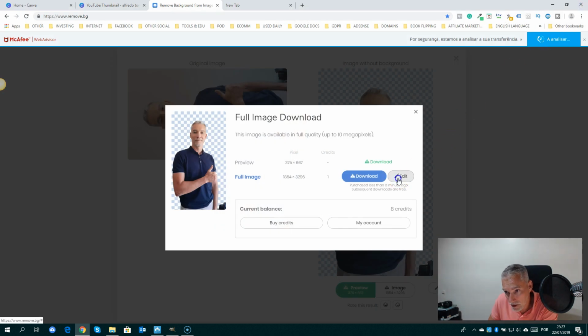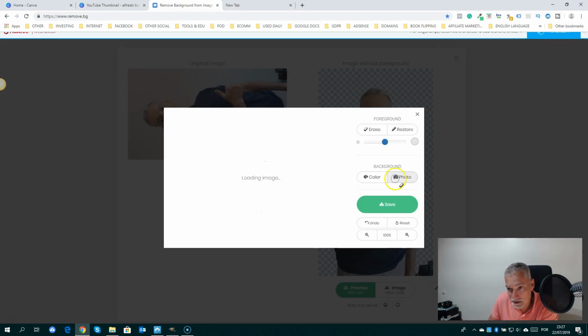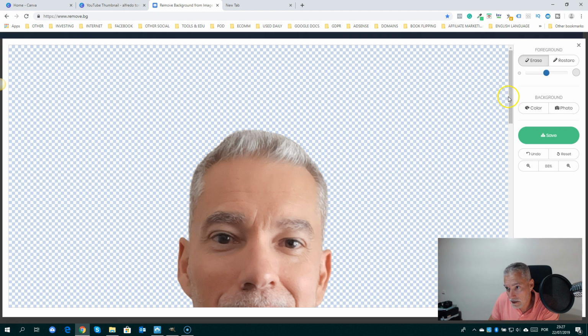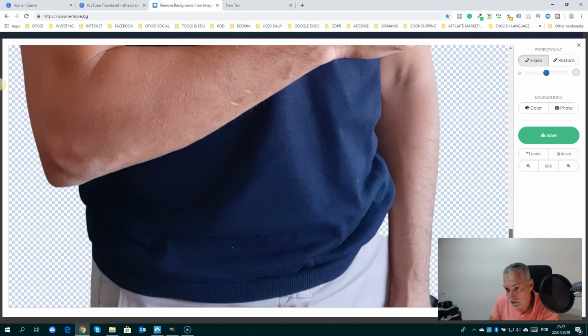I'm going to click edit, and then I'm going down, and let me see if I can do this here without erasing my hand. So I think it's done. You see here the software has removed this area here, so I have to click restore, and I come back